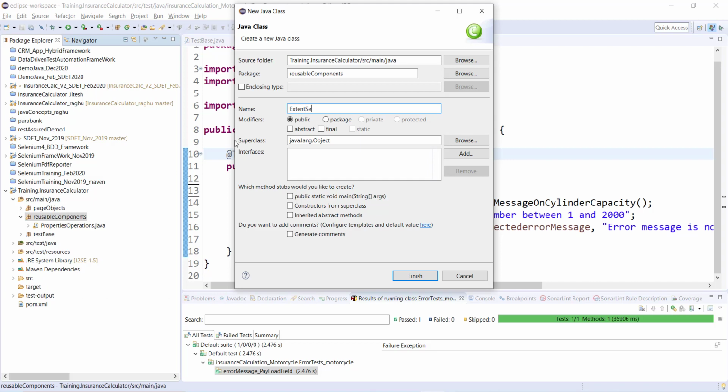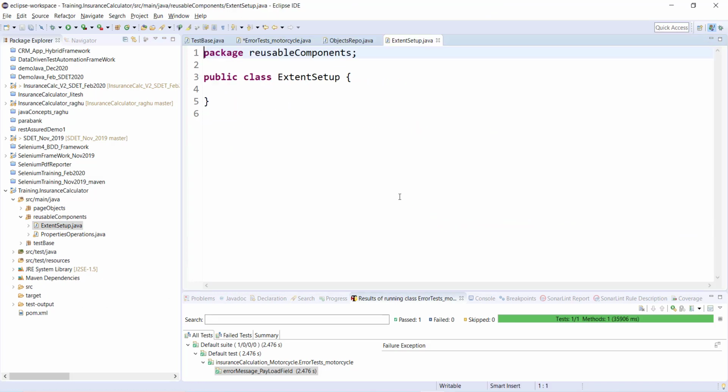You can give any meaningful name. Under this ExtentSetup class, I'm going to create one method called setup extent report, public void.